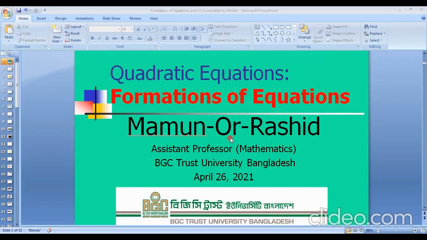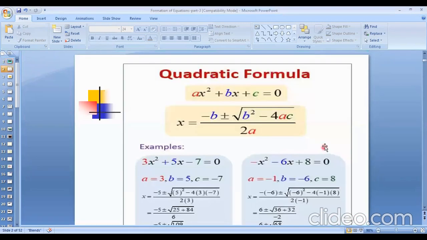Now, in the previous lecture, we studied quadratic equations. Today, we'll try to understand the formation of equation, how to form an equation. You must know this is the formula of a quadratic equation: x square plus bx plus c equals to 0. These types of equation are called quadratic equations, and we have solved it and derived this formula